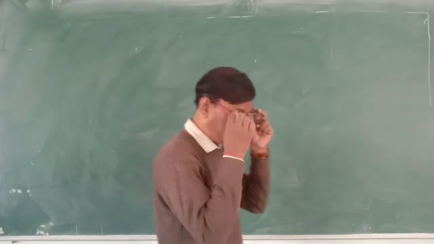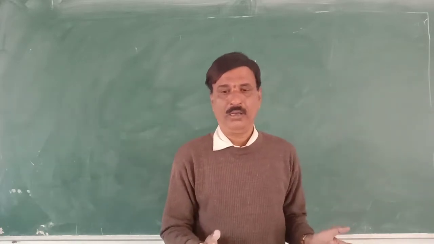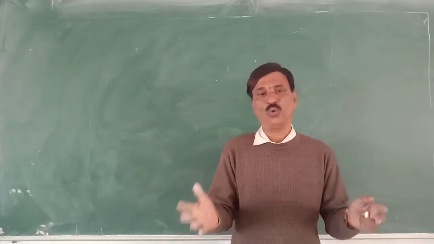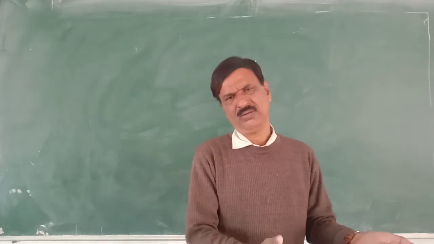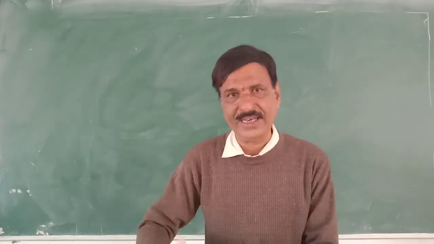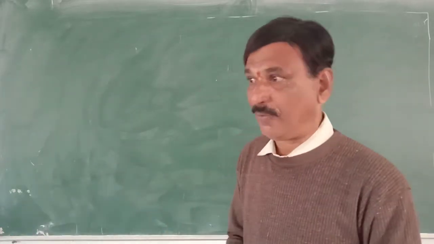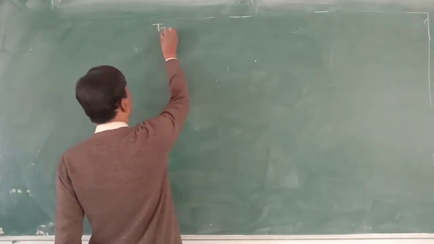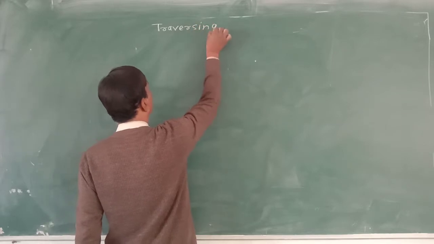Welcome student. In the last period we have seen a linear array, a data structure. Also we have seen how to organize the list in computer's memory, and that is called the representation of a linear array in computer's memory. Now we are going to see, one by one, the operations that can be performed on a list. The first operation is traversing.